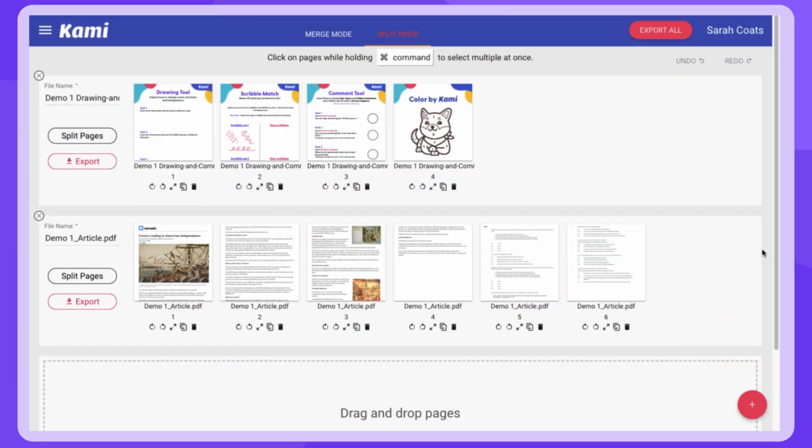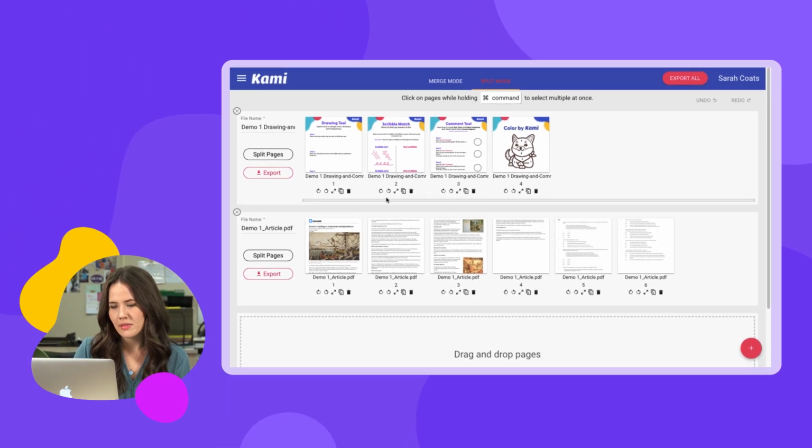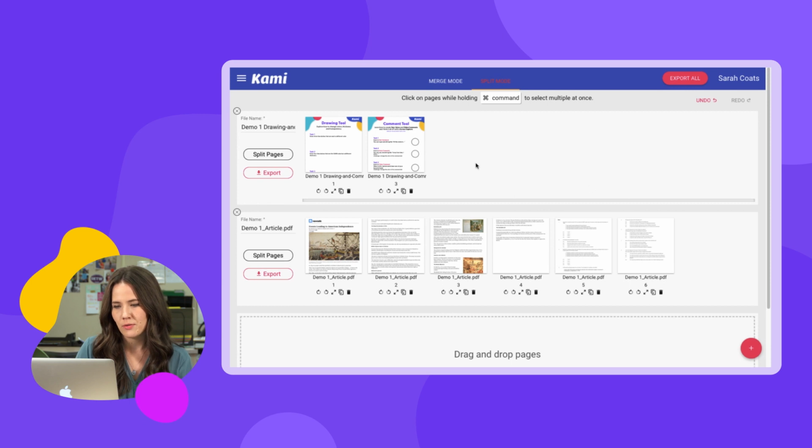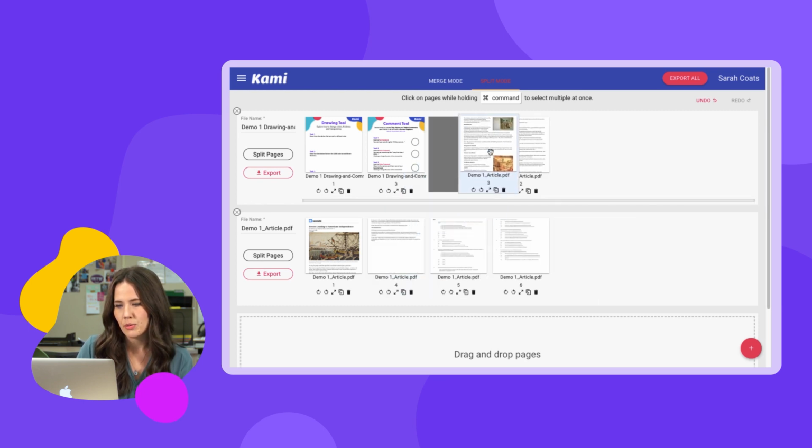And from this screen, I see the first file here at the top and the second file here below. I'm looking at the first file here with the 4 pages, and I only want to use pages 1 and 3. So under pages 2 and 4, I'm going to click on this trash can, which is going to delete those pages for me. If I look down here at my second file, I really only want to use pages 2 and 3. So I'm going to go ahead and click and drag, and I can pull them up here